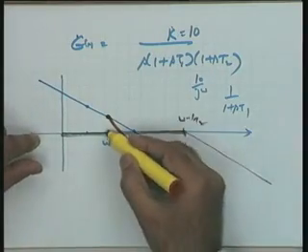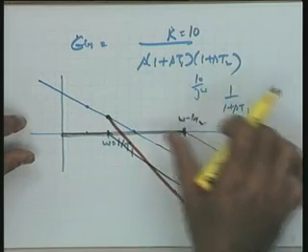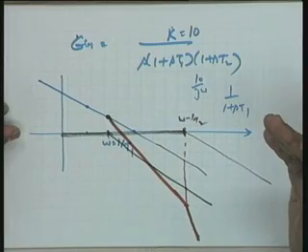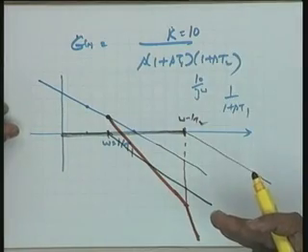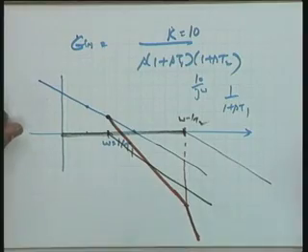So, you see that the procedure will be: define the corner frequencies, and at each corner frequency keep on changing the slope by a factor of minus 20 dB if the pole is in the denominator, plus 20 dBs if the factor is in the numerator, because the numerator one is a zero which contributes a slope of plus 20 dBs per decade.